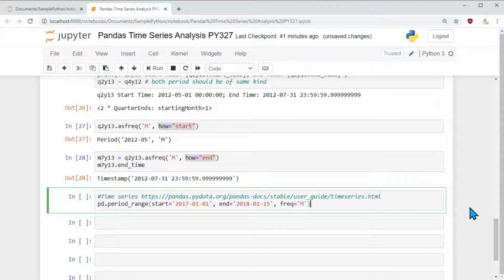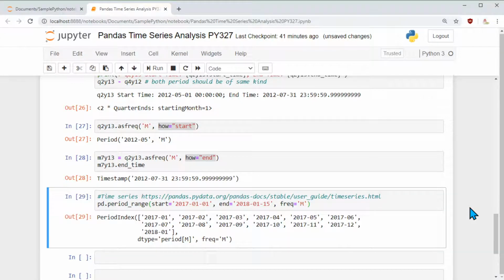If I execute a command like this, if you notice, I start on January 1st, which is January, and I'm ending on 2018 January. Even if you have one day here, still it picks it up and it creates a period for us.